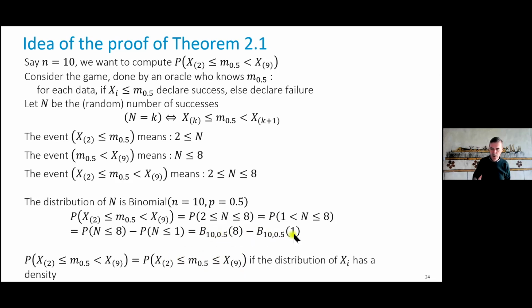I can compute this by knowing something that's completely independent of the distribution f that I had before. The simulator is producing data from a distribution f that I don't know. Of course, if I knew f, it would be easy to compute all probabilities. But the trick and the magic here is that this formula and this theorem do not require any knowledge of